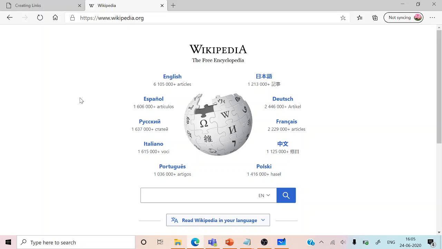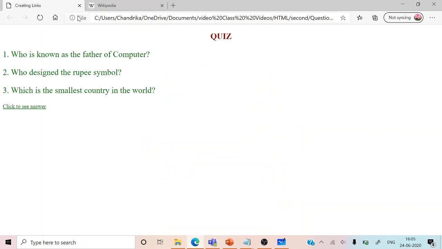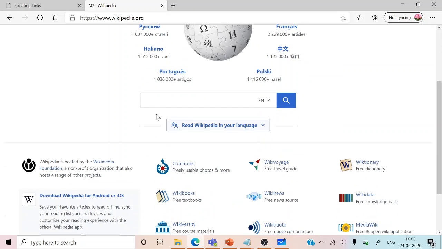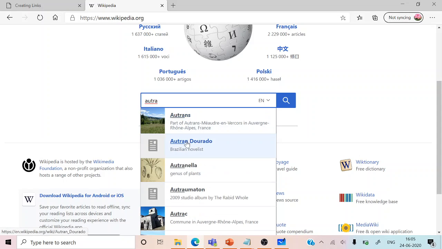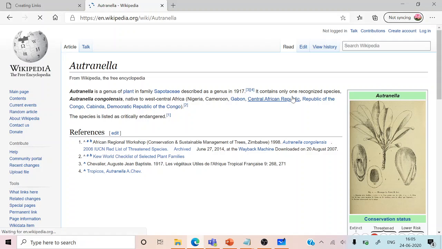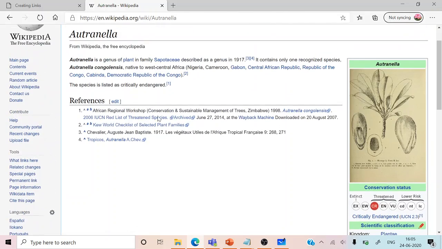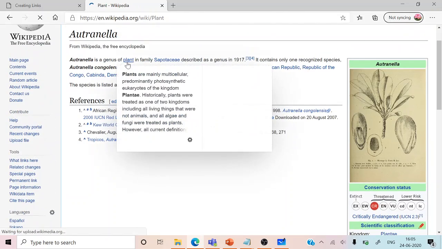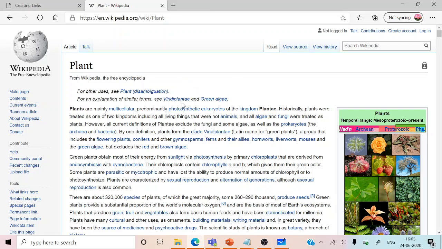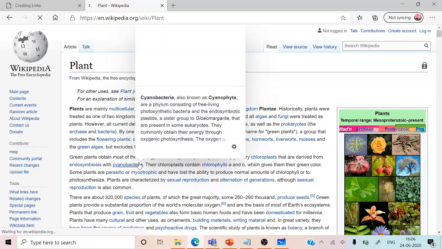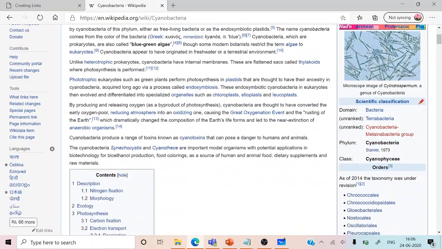For example, if I want to know about a country, say Australia, and we look at any word in it, you can see these hyperlinks appearing. They will take me somewhere down, give me a pretext, or take me to some other section of the same website. So here you will find examples of local links and global links.